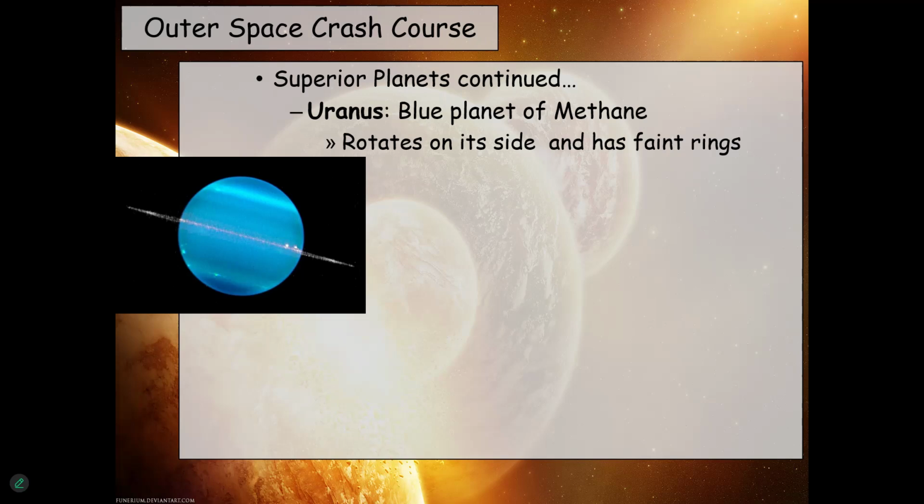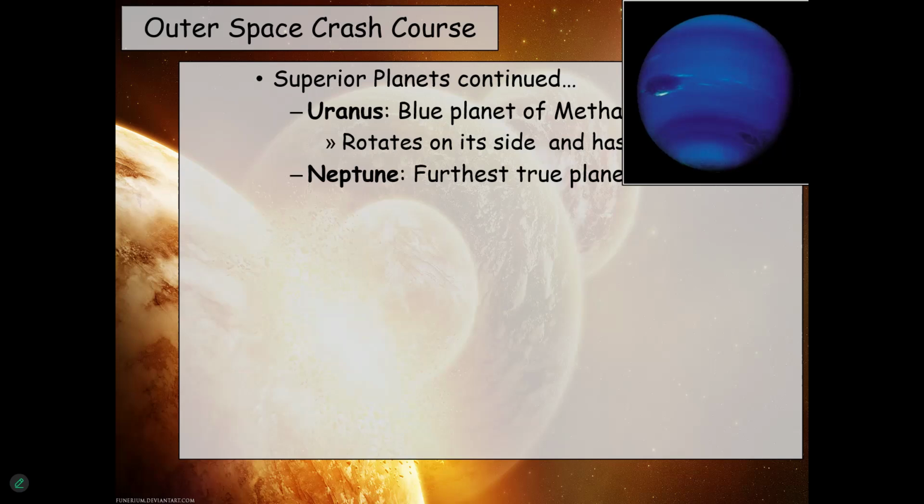But yeah, it rotates on its side, which again is another thing that evolutionists, well, I shouldn't say evolutionists because it's not biology, but that secular scientists just hate, because there's no reason it should be spinning on its side. Everything should be spinning and orbiting in the same direction. So anytime there's not, it's an anomaly that they have so much difficulty explaining.